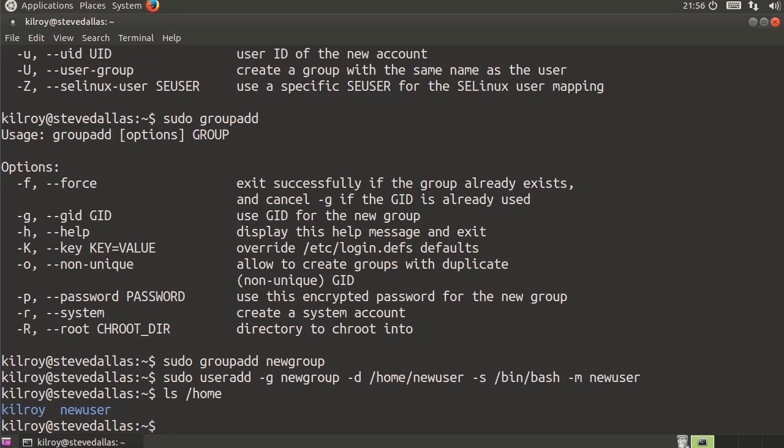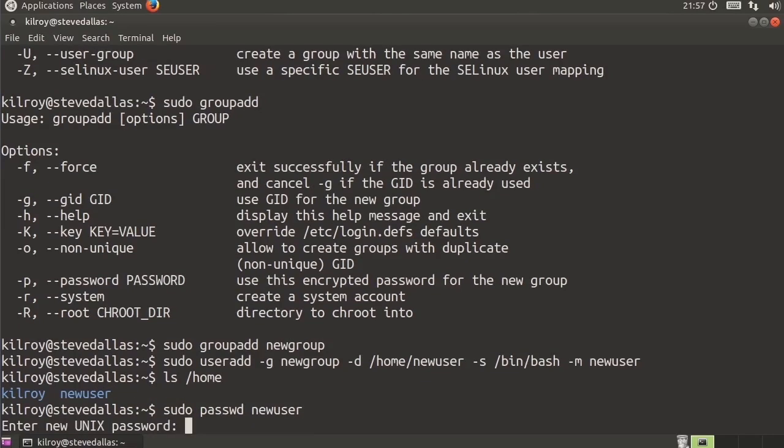So now I need to set a password. I'm going to use the passwd or password command. If I just run this now, though, it's actually going to change the root password because I'm running it with sudo, which means I'm running it as administrator. I could change my own password here by just saying passwd, and it's going to prompt me to change my own password. In this case, though, I want to say passwd newuser, and that's going to be setting the